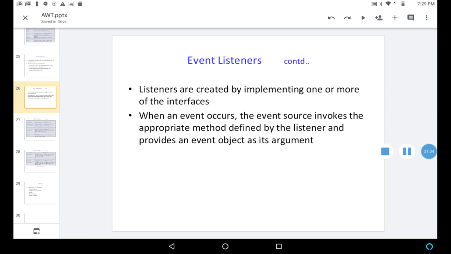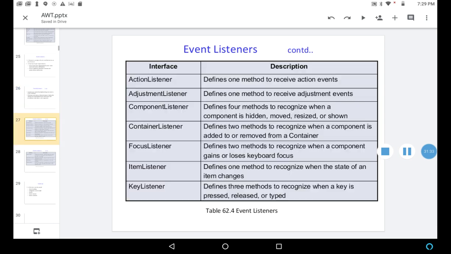When we are doing programming, you need to understand how the source generates events and how those events are handled by the listeners. So what happens when an event occurs? The source invokes the appropriate method defined by the listener and provides an event object as its argument.